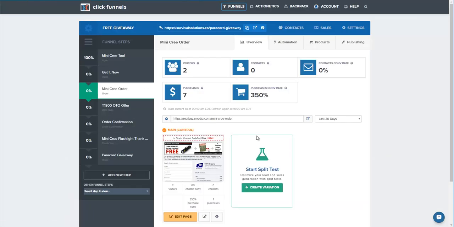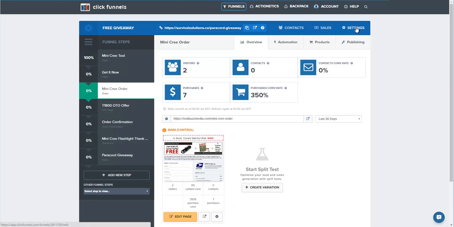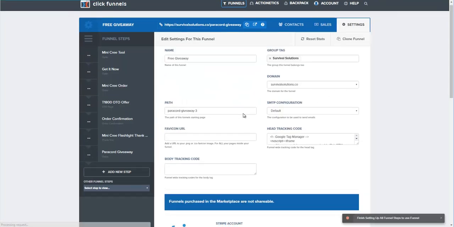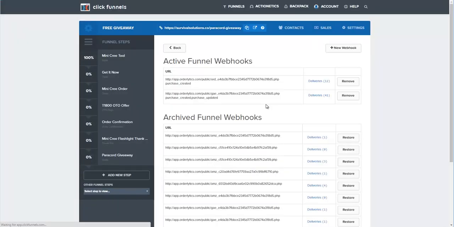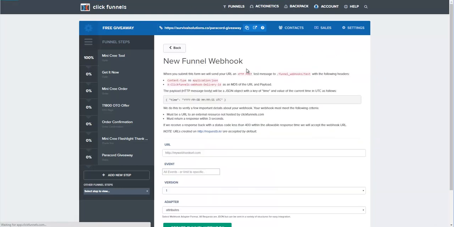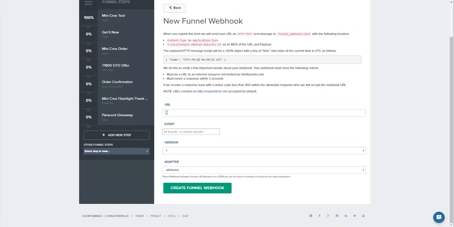and for the particular funnels and campaigns that you want to promote, go to the settings tab, go down to the bottom, and where it says manage your funnels webhooks, click this button. I've already got mine loaded, but what you want to do is hit new webhook, go down to the URL, and paste that URL into this window. Then where it says events, come down to purchase created and select just this one,